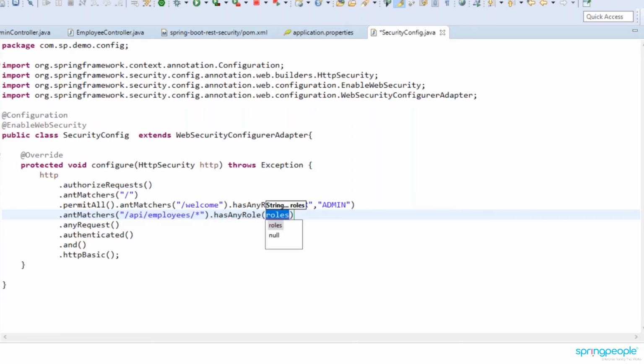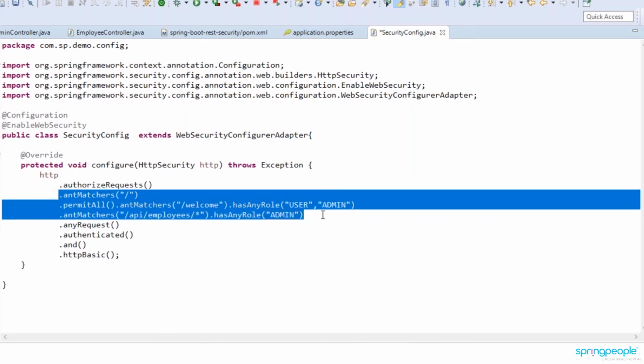I've taken hasAnyRole here. So it can be accessed by admin or only user? It should be accessed only by admin, so I'm giving admin here. Like this, you can configure all these conditions for any type of request. With the authorized request, you can configure antMatchers, permitAll and so on.